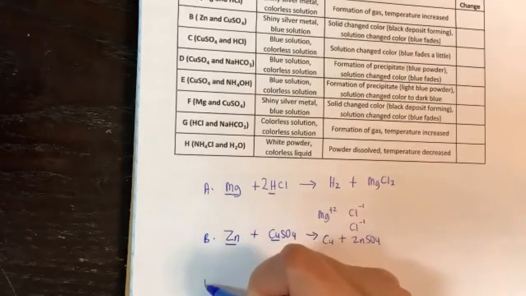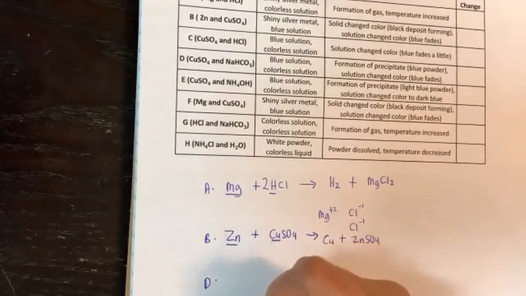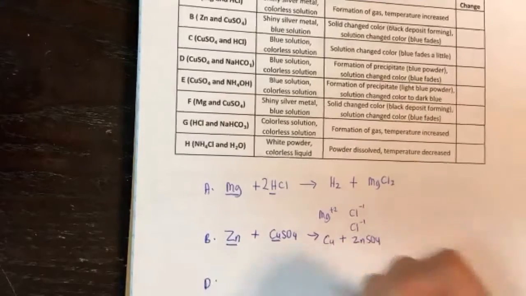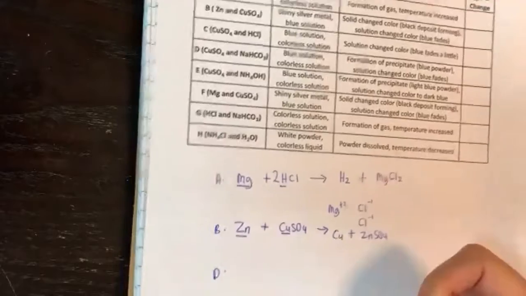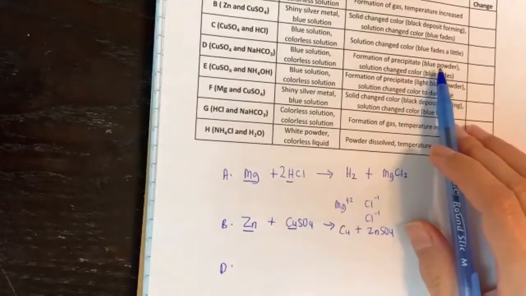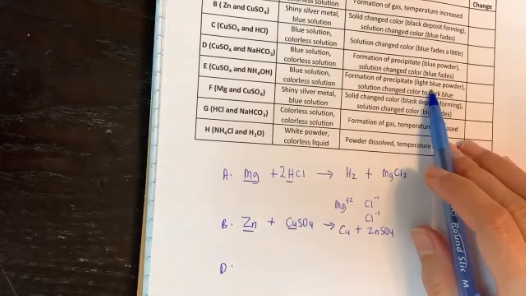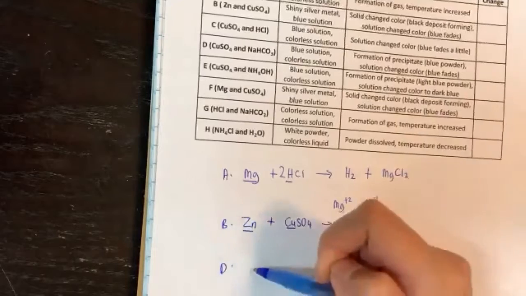So obviously, if there's a precipitate, it tells you there's a reaction happening because you're forming a new product. Precipitate means the solid is coming out, okay? So they're making blue powder here, and this one's making a light blue powder. So it's kind of cool. So in this case here,